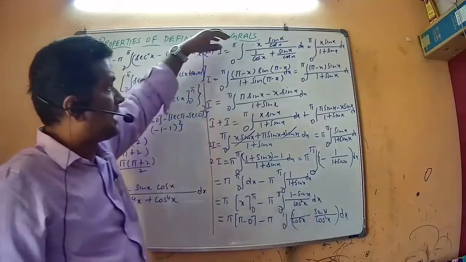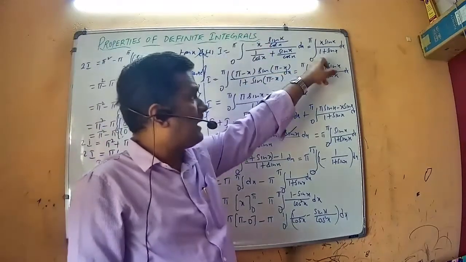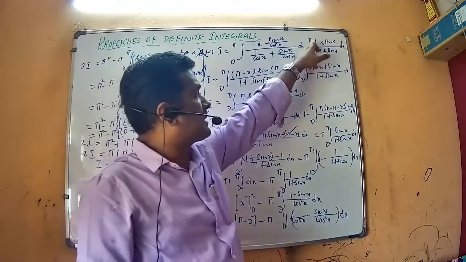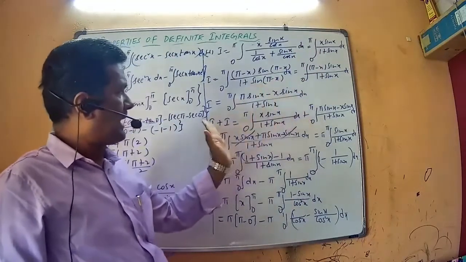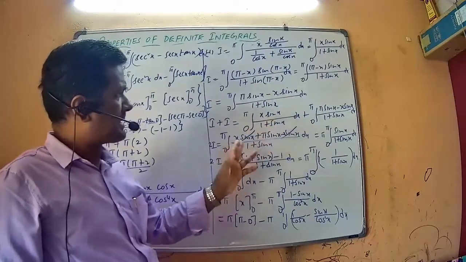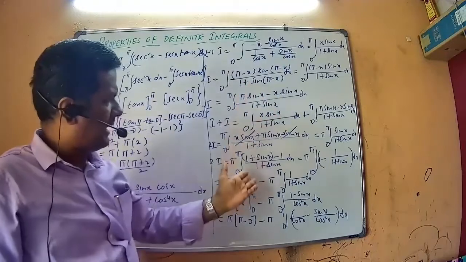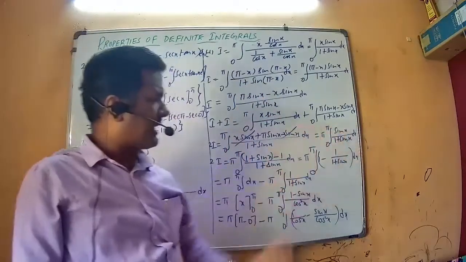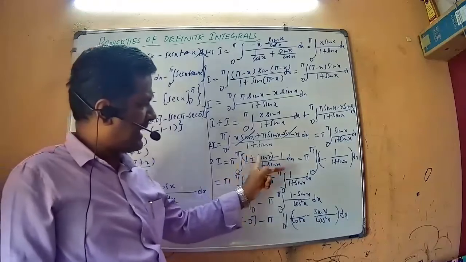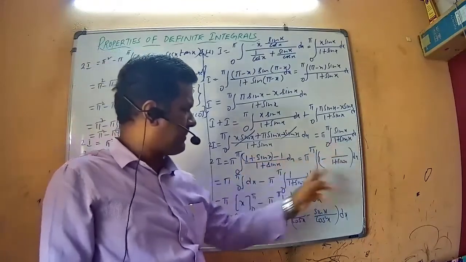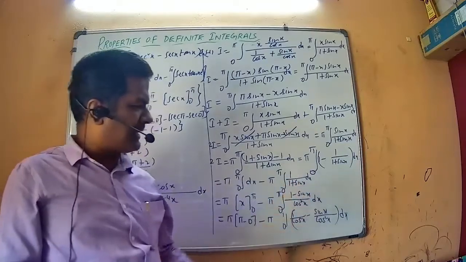What we have done initially, we have converted in terms of sine and cos. This became I, applying the property with lower limit 0, upper limit pi minus x. Then took the LCM, then added these two integrals. We are left with finally sine x by 1 plus sine x. We have added 1, subtracted 1, and this is like a minus b by c, a by c minus b by c. We have split the integral. Then here 1 by 1 plus sine x is left.